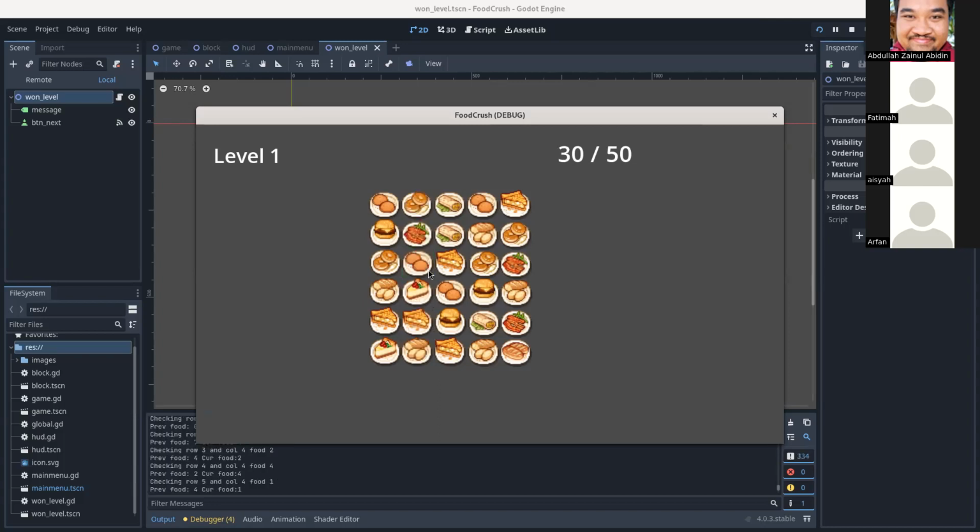Okay, let's just demonstrate a bit. Once it's complete, it shows what the next level is and how many marks to go to the next level. Like I mentioned last week,